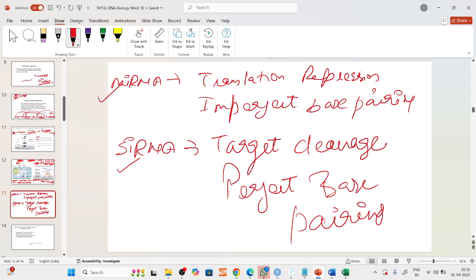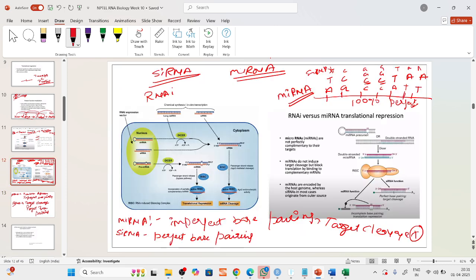Whereas siRNA, because it has a very perfect base pairing, causes the cleavage of the target. So this is how the function of miRNA is different from siRNA. Both are involved in repression or silencing of the genes, but the way by which they perform their activity is different. Okay. Then,